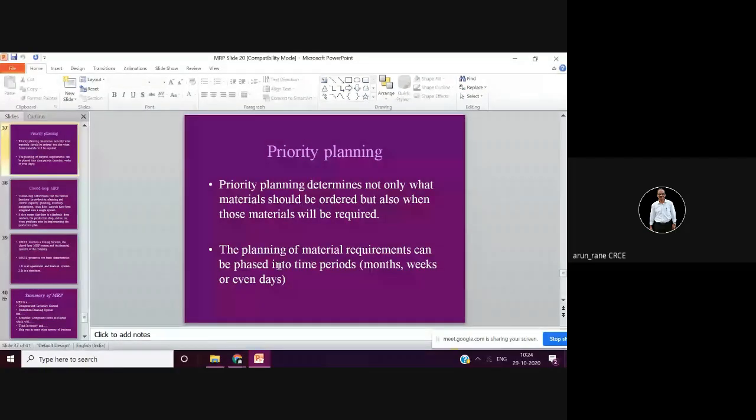So many times it happens that you need to change the delivery schedule because of the priorities, and it will always happen because the current scenario is competitive. So you have to take the rush orders, you have to take the emergency orders. You cannot say no, otherwise you are losing business.